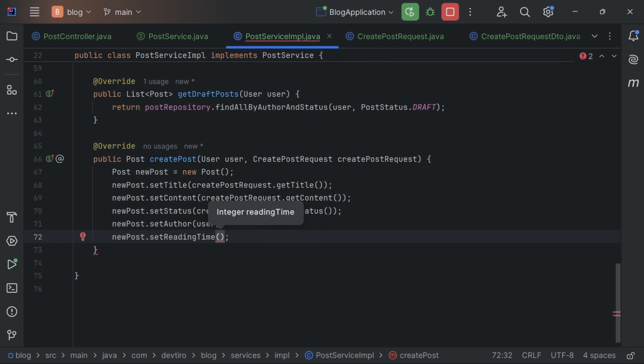Now we'll also want to set the reading time on the post. We'll calculate that when we save it, and that will save us from having to recalculate it every single time we get the post from the database. So let's just create a very simple private method to do this estimation for us. Of course, you can make this as detailed as you like, but we'll just go with a very simple implementation